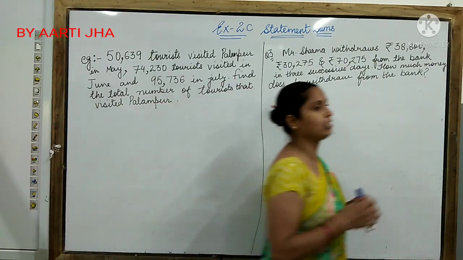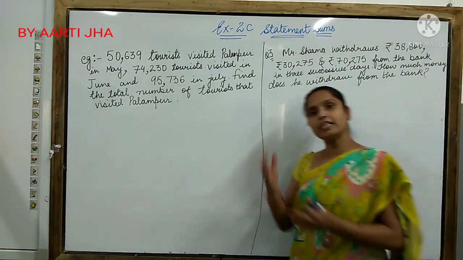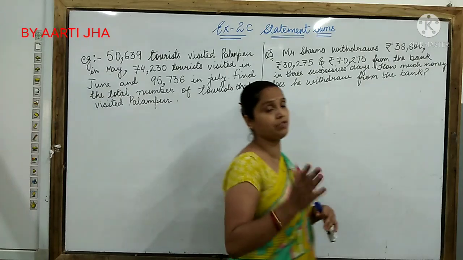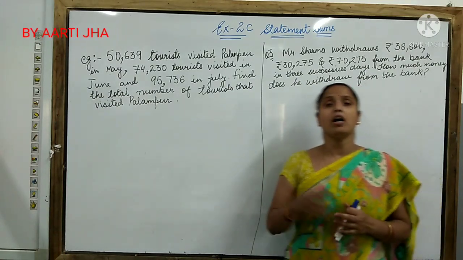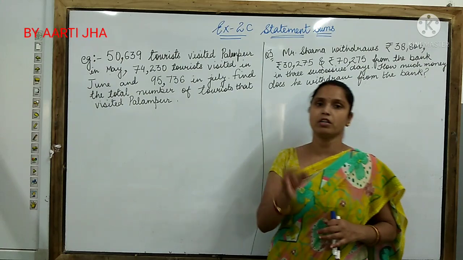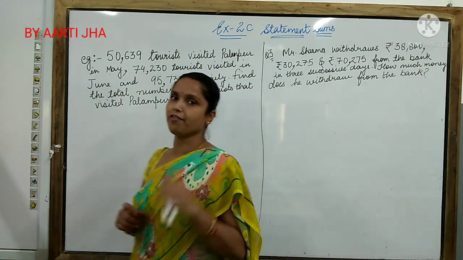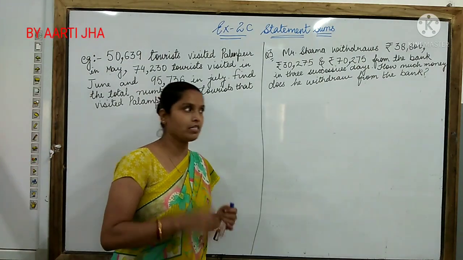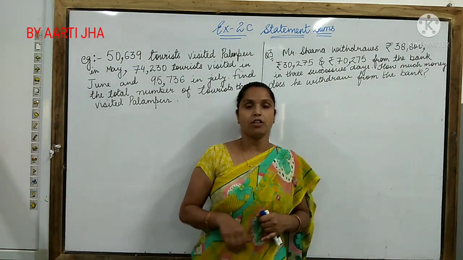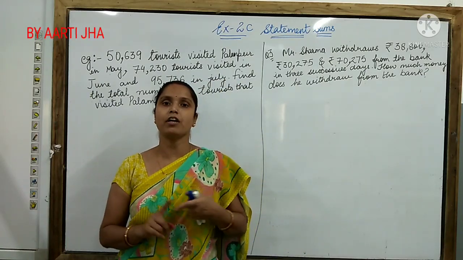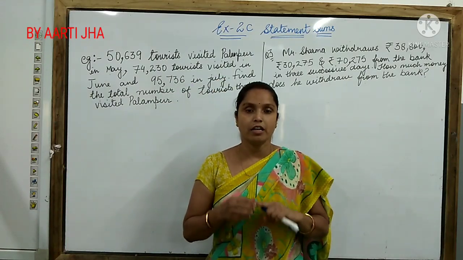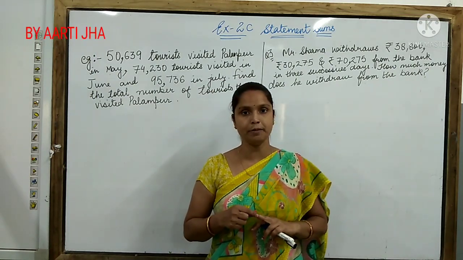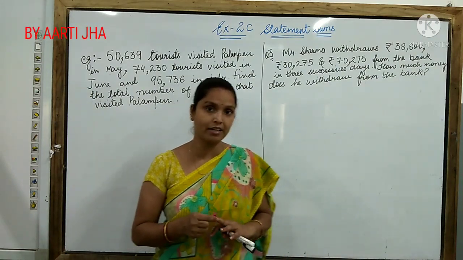But before we start these statement sums, children, let us revise what we have done yesterday in our video. In my yesterday's video, I explained the properties of addition. We have done the first arithmetic operation on 6 and 7 digit numbers. Yesterday we learned their properties. Four properties we learned. First was if we add 0, the answer is the number itself. If we add 1, the answer is the successor of that number.